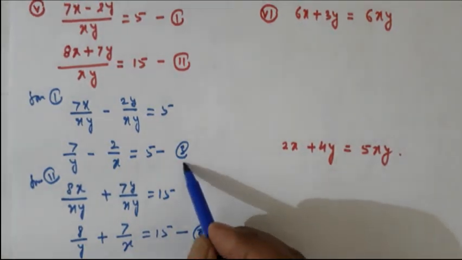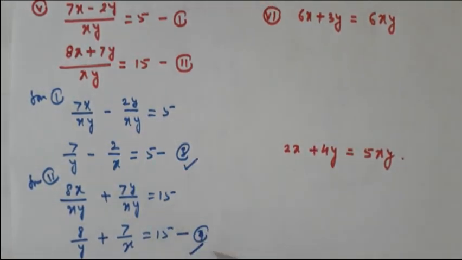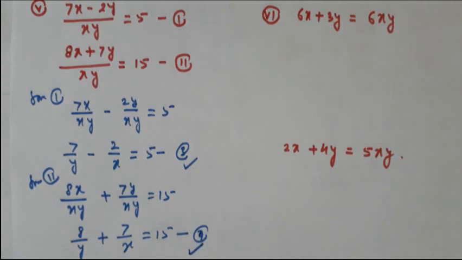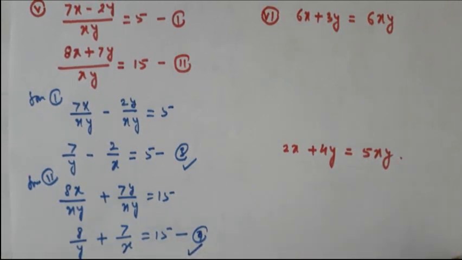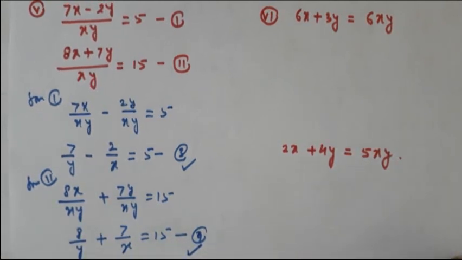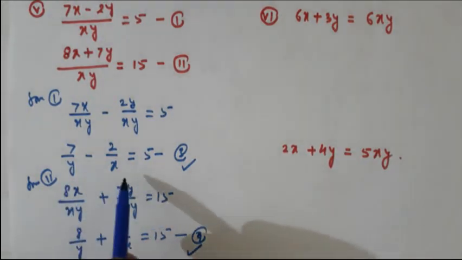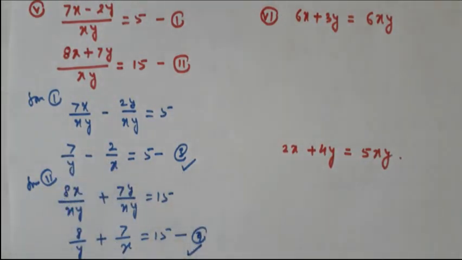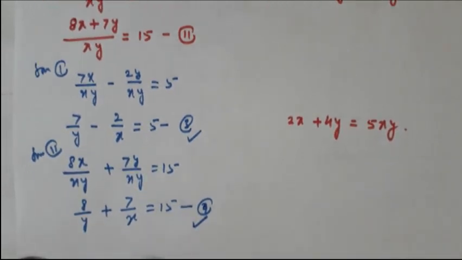Now we have to solve equations number 3 and 4 with the help of question number 1, the same method. Take 1 upon y as u and 1 upon x as v, and just as you solved question number 1, you can solve this fifth part in exactly the same way, when this is changed into the form of 1 upon x and 1 upon y. So this was part 6. Now this is same as the first part.